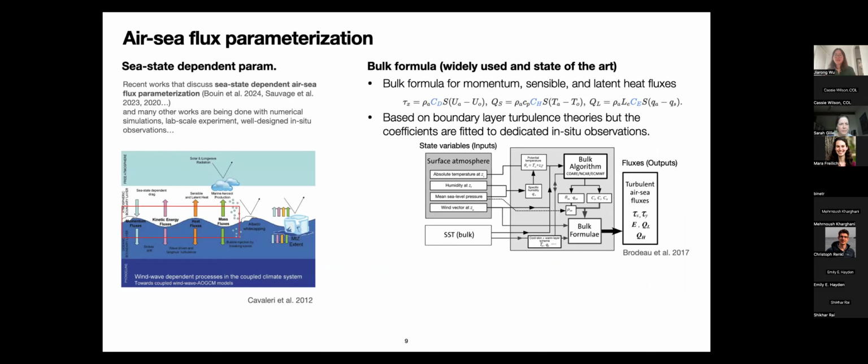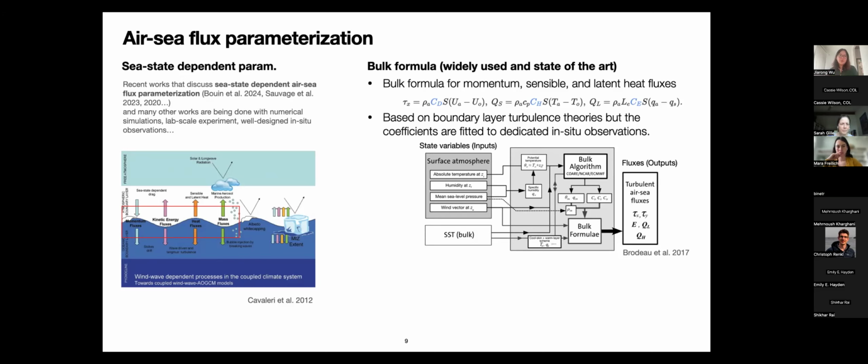The reasoning is that we know that waves modulate these fluxes. There have been these recent works proposing sea state dependent parametrization from Boyne, Salvage, etc. And many other works are still being done with both numerical simulation, lab scale experiment, and well-designed in situ measurements